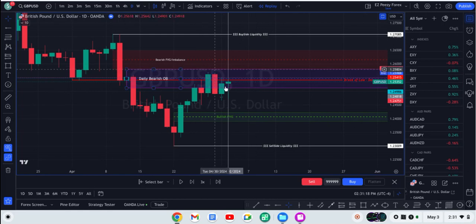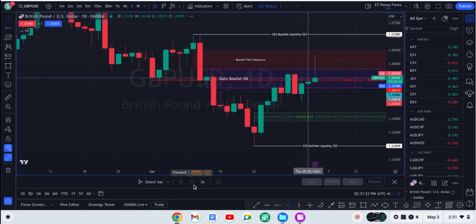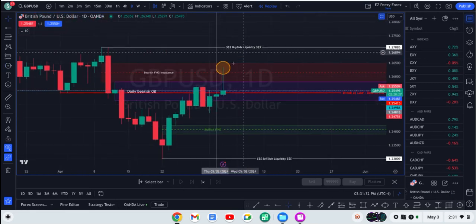This week was, like I said, a little different, a little choppy. This was a very busy week, so it didn't pan out like I thought it would. But as you can see, price did finally on Friday get inside of the bearish fair value gap, and this is a trade to the downside. And if I go to the 5-minute,